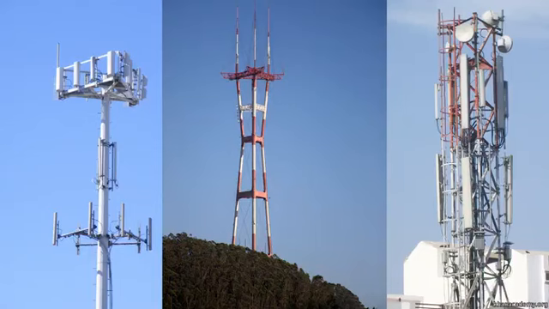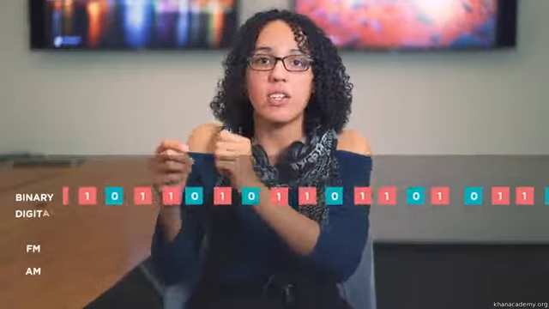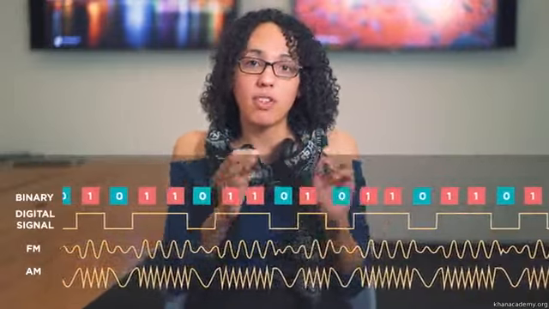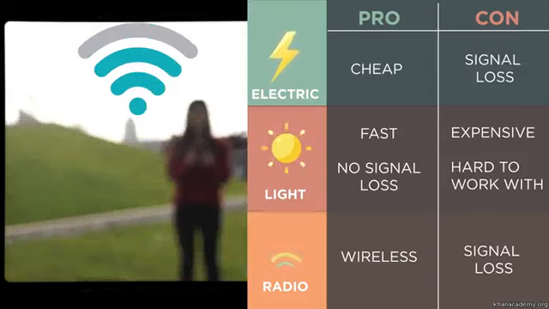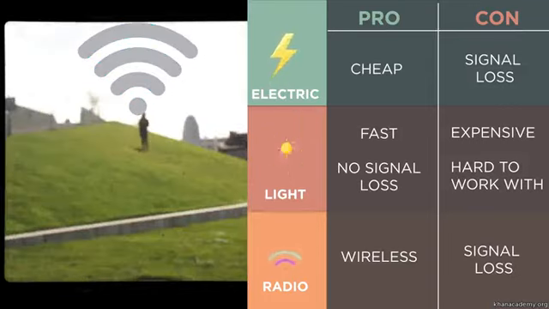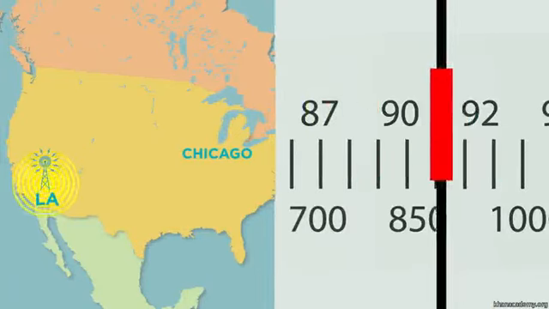Wireless bit sending machines typically use a radio signal to send bits from one place to another. The machines have to actually translate the ones and zeros into radio waves of different frequencies. The receiving machines reverse the process and convert it back into binary on your computer. So wireless has made our internet mobile, but a radio signal doesn't travel all that far before it completely gets garbled. This is why you can't really pick up a Los Angeles radio station in Chicago. As great as wireless is, today it still relies on the wired internet.